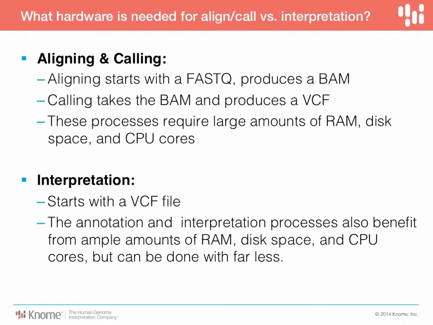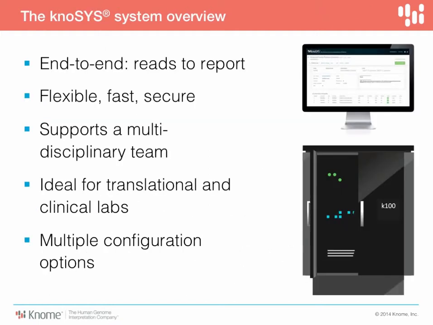So what I'd like to do now, with this information, is show you how we chose to solve the problem, because I think it'll give you a concrete example of decisions we made as we came to design the Gnosis. You probably know this, but I'll say it again: it's an end-to-end reads-to-report system. You can read these bullet points, but it allows for bioinformaticians and technologists, as well as geneticists, genetic counselors, and others to use the system. It can be used in a translational lab or in a clinical lab, and there are several configurations possible in the design of this system.